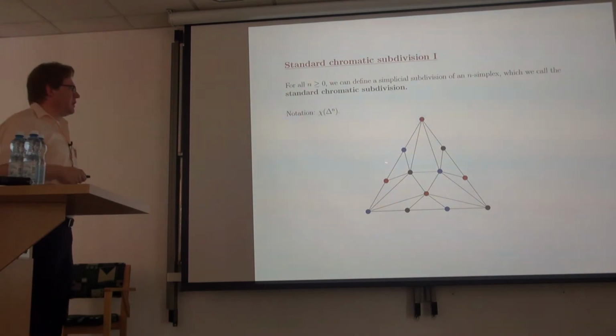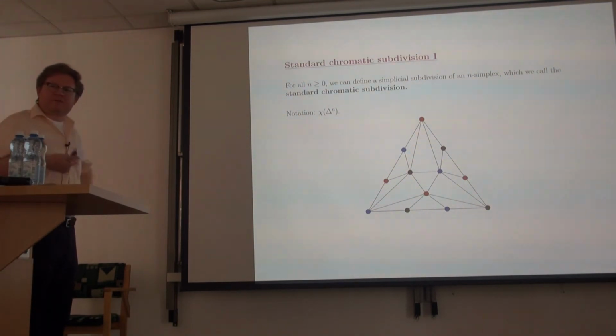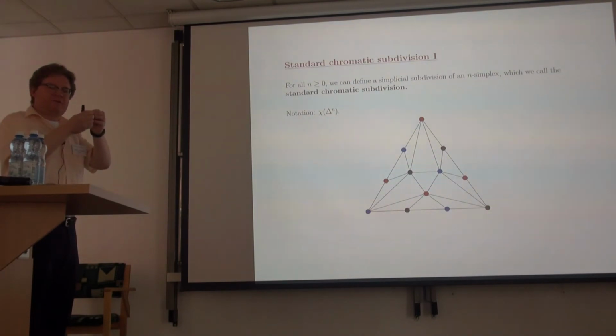I can describe one offhand, which is maybe the easiest to understand, but maybe a bit painful to prove things about. You take the barycentric subdivision and then you blow up each vertex a little bit. For example, there should be a vertex here in the middle, or you just make it shifted a little bit and give it different colors. You shift it away, you have a red one here. I think that's the easiest intuitive description. That's not exactly the mathematical description, but that's what's going on. If you go to a simplex, you have a vertex in the middle, you just give a little simplex, and if you twist it right, you'll connect it and it will be fine.